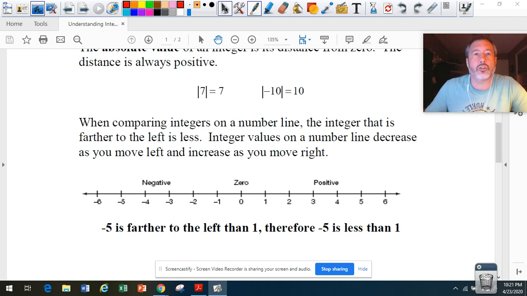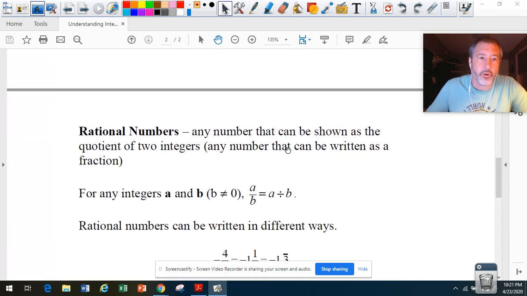Let's see what else we have here. Scroll down here. Rational numbers. Let's talk about rational numbers. Rational numbers are any number that can be shown as a quotient, which is a fraction, of two numbers. Any number that can be written as a fraction. Remember, quotient is nothing more than division. Fractions are division. So it says right here, for any integers a and b, where b cannot be 0,